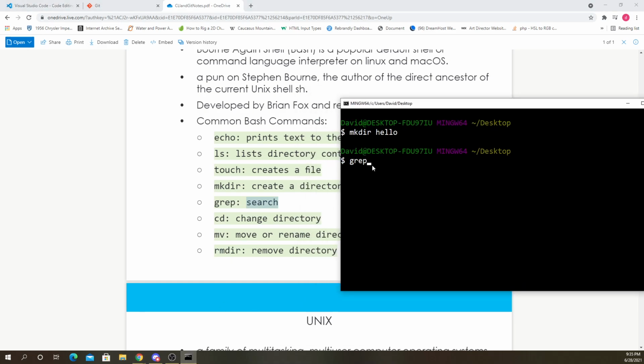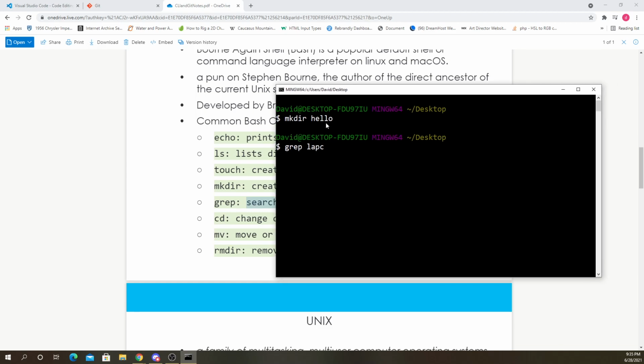So let's type grep and type LAPC. And so what it's doing is it's stuck in a search mode right now. I don't think it found anything, I guess.